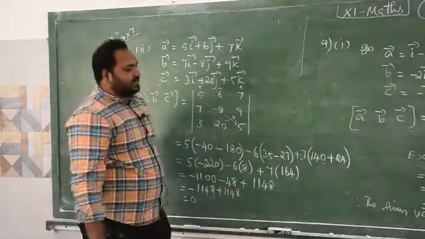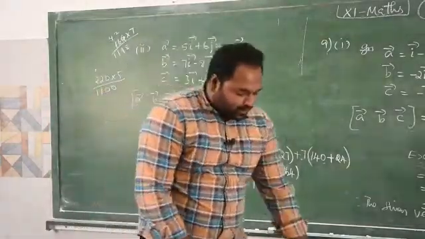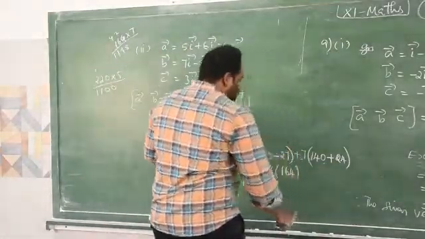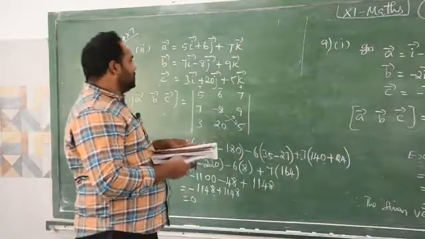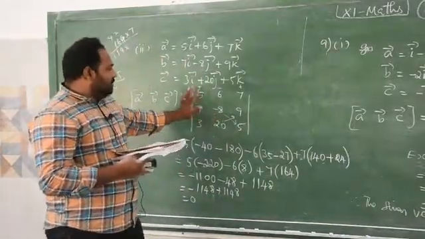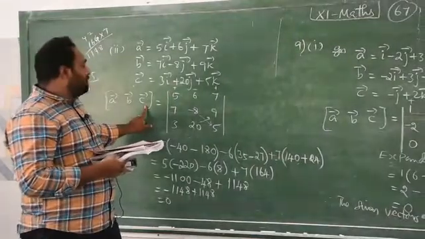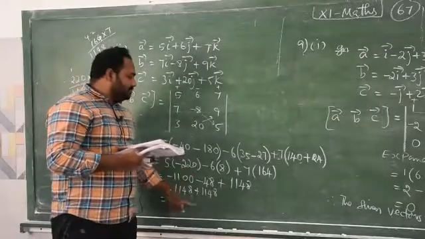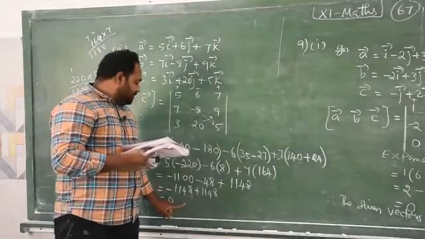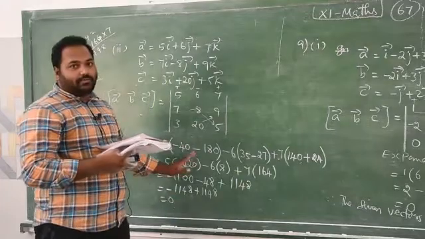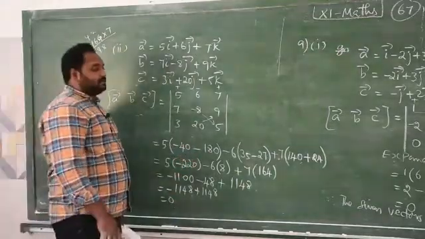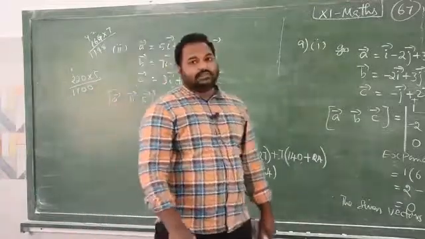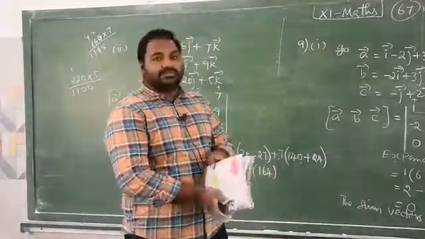So the given vectors are coplanar. This is a very important concept, coplanar. They will ask it as a 5 mark question, and you can very easily get 5 marks if you understand what is determinant and what is box product. So for coplanar, the box product or determinant value is supposed to be 0. If you get the value 0, definitely we can say they are coplanar. So by this we complete today's class, and we'll see the remaining questions in the next class. Thank you.